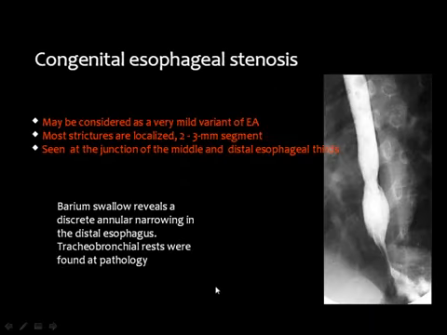Then congenital esophageal stenosis is the mild form of esophageal narrowing and is considered the mild variant of esophageal atresia, and is usually a short segment and is located in the distal part of the esophagus, as you can see